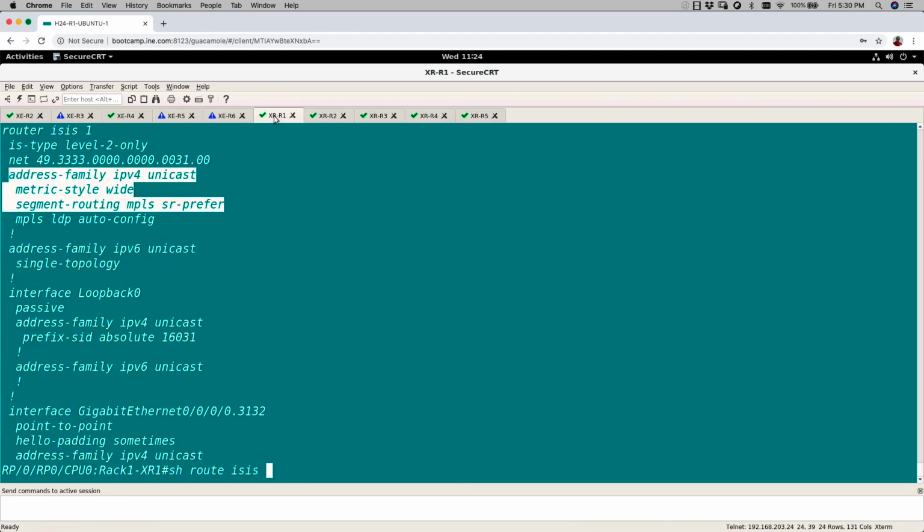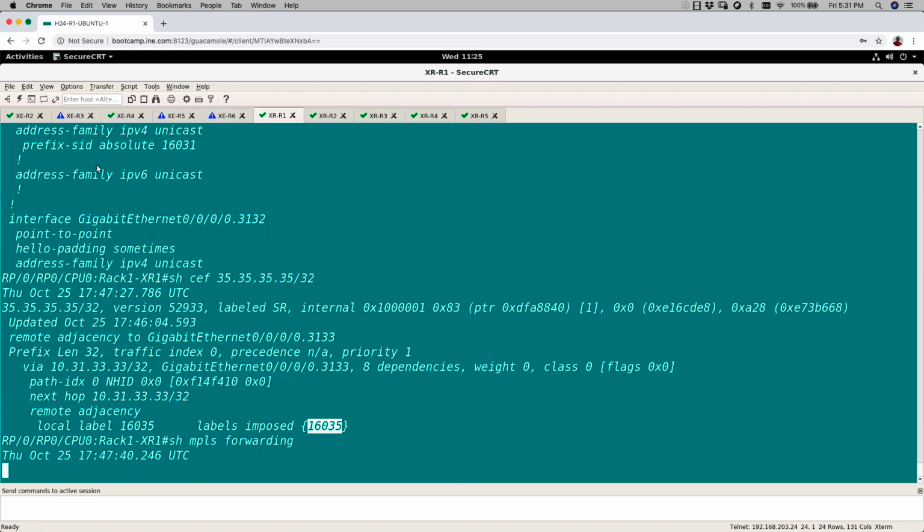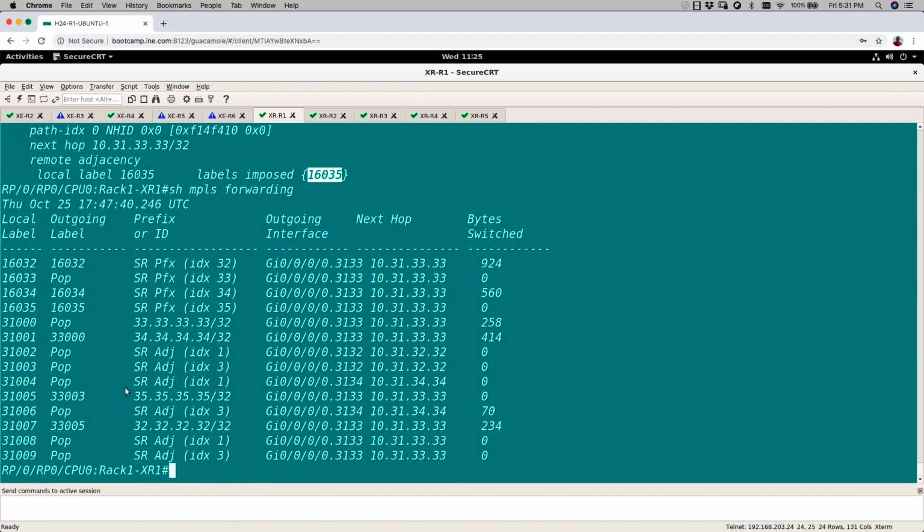So if I go back to XR1 now and give the command show CEF 35.35.35.35. If you remember earlier, the label imposed was the LDP label, which was 33003 or something like that. But if I see now, the label imposed is 16035, which is my segment routing SID value. And if I do a show MPLS forwarding table, I am now using segment routing to reach 35.35.35.35. I would be using the prefix